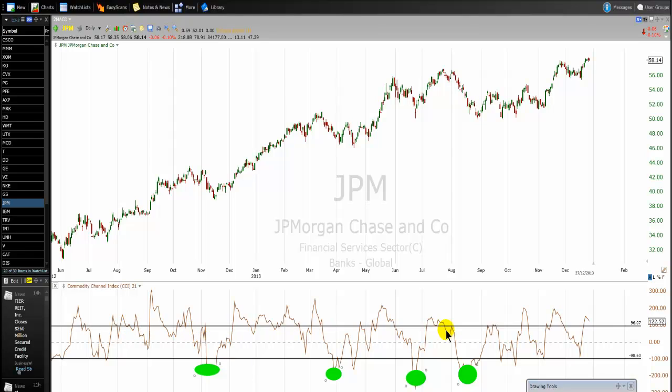The positive 100 level, which we call the overbought zone, can be replaced by the upper bound of the Bollinger Band period 21, because I'm using CCI period 21. And the negative 100, the oversold zone, can be replaced by the lower bound of the Bollinger Band 21. If you are using CCI period 30, in fact, it's like you are using Bollinger Band